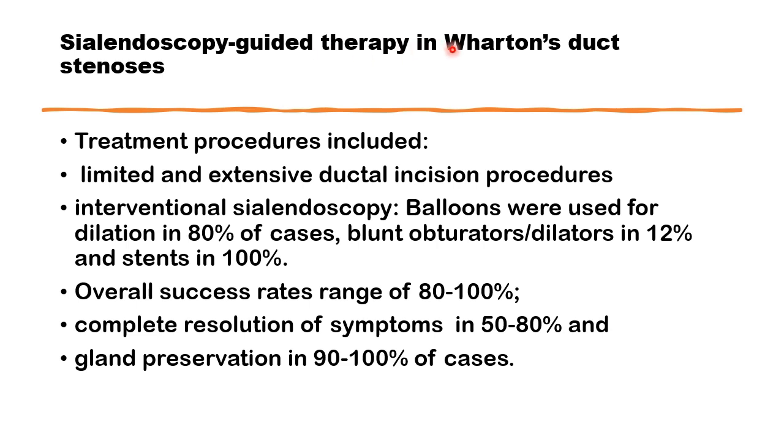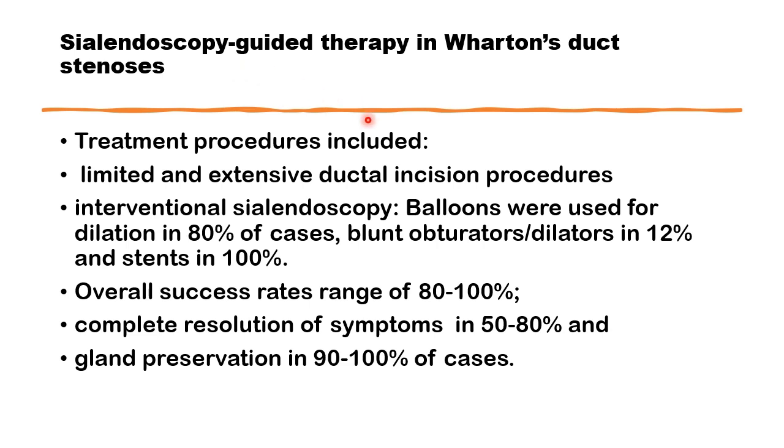Management of duct stenosis in Wharton's duct and Stenson's duct can be different due to anatomical factors. In Wharton's duct, most of the duct runs submucosally in the oral cavity, and open incision through the oral mucosa is used in most of the cases. Sialoendoscopy-guided therapy is used when the stenosis is closer to the gland or in the hilum of the gland, or closer to the proximal third of the duct system.